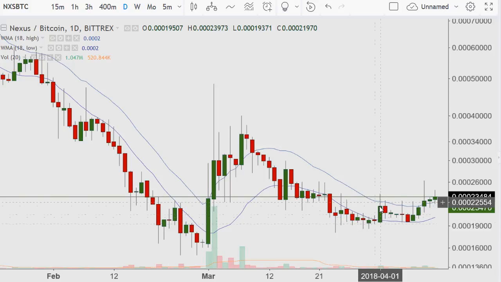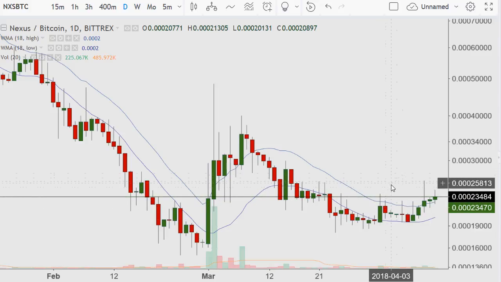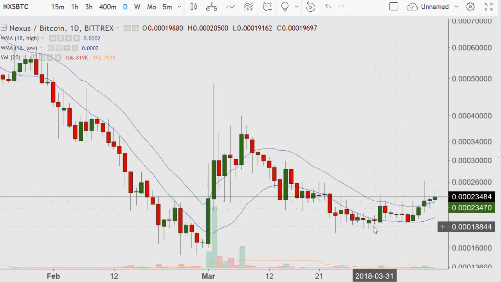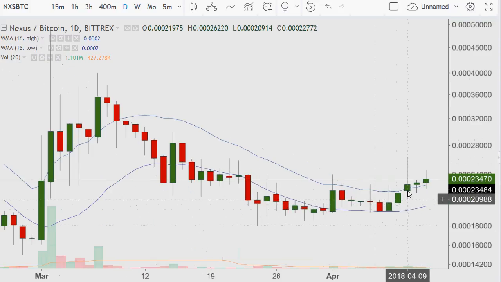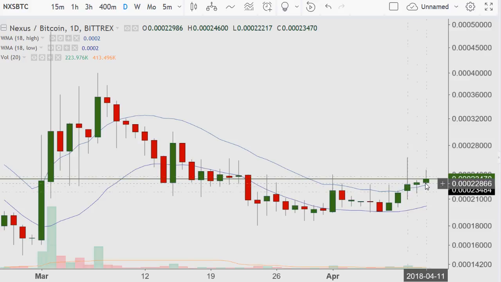But this changed it. And this is what I love about these markets, because I don't know what the next move is going to be, but I'm going to be ready that if the market goes up, I'm going to sell. If it goes down, I'm going to buy. It's just basically how it goes. I can see now for probability, it was a bearish setup on March 31st, but after it resists on April the 9th, comes back, and now this is the third day in which it is hugging this 18 average